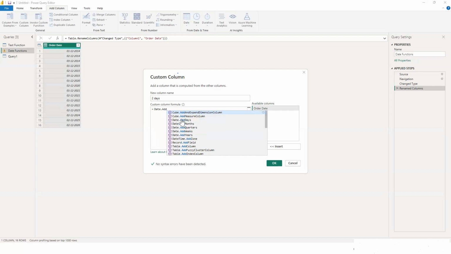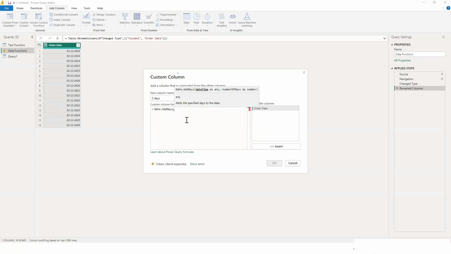So here I'm having the function of add days. So I'll click on it. Before clicking, you need to make sure that it should not come out twice. After that, you can open the bracket and then it would ask you in which particular column you want to apply this operation. So I want to apply this operation on the order date. So I'll click on order date and close the bracket and